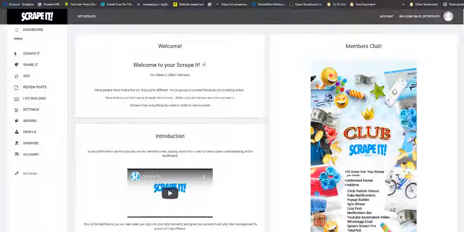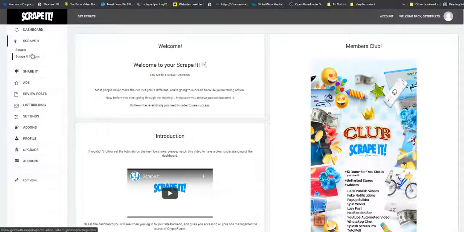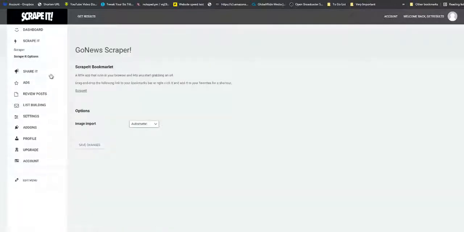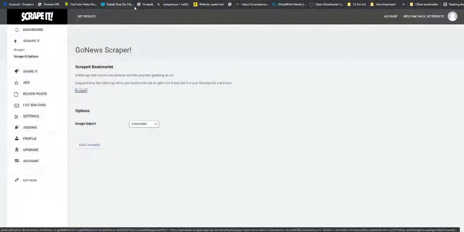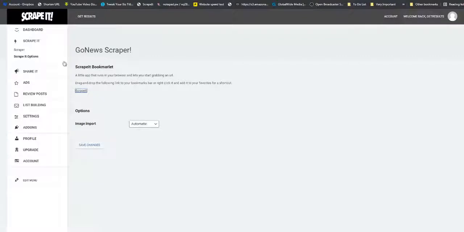So back in the dashboard of Scrapeit, the first thing I want you to do is to click on Scrapeit right here. Go to Scrapeit options, and then just take this little bookmarklet right here, grab it and drop it in your bookmarks bar there. Next thing I want you to do